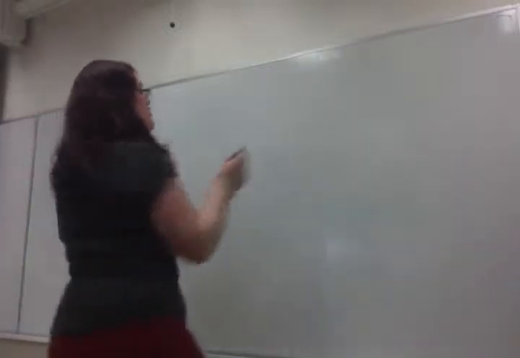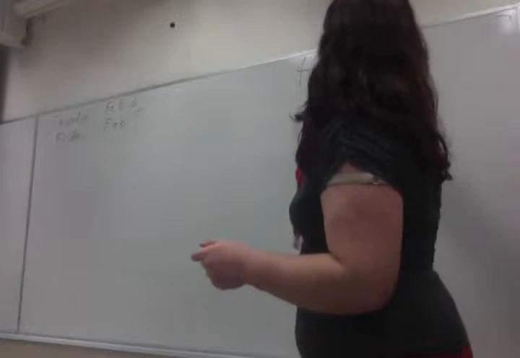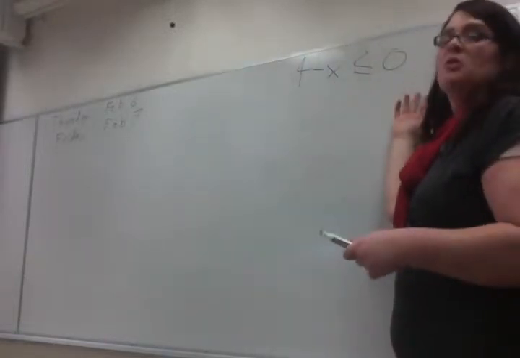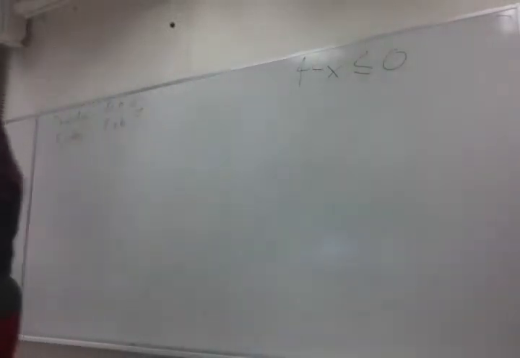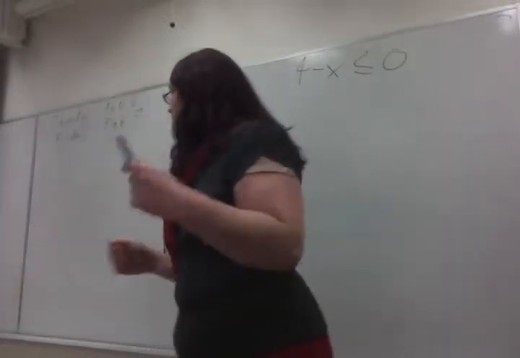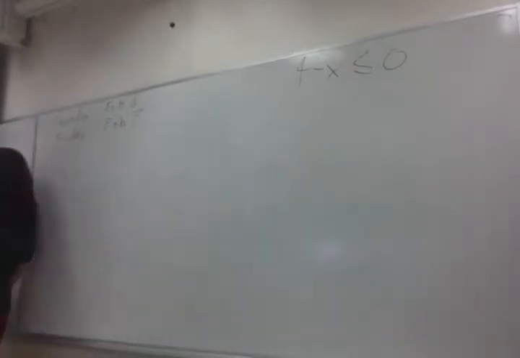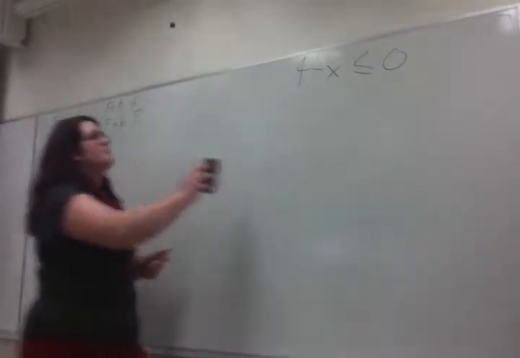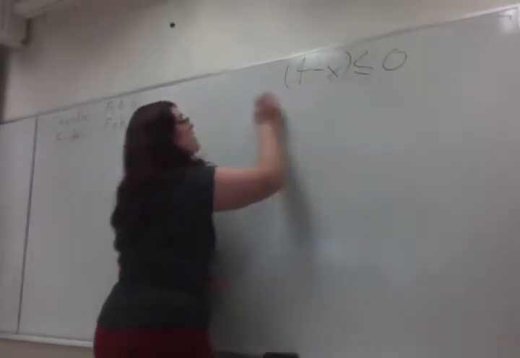This is an inequality, and one thing to mention is I've already factored it for you. If it was just a linear inequality like 4 minus x is less than or equal to 0, I could solve it by adding x to both sides. But this one is not linear, because it's actually a polynomial if you expanded it. If it's a polynomial inequality or a rational inequality, what we're going to have to use to solve it is what's called a sign table. So the key thing here is to think about the inequality